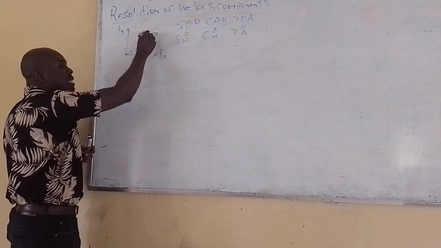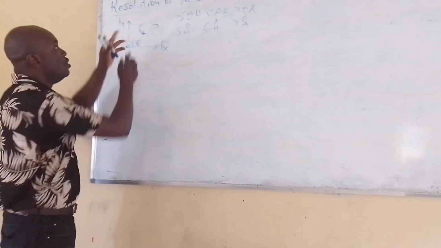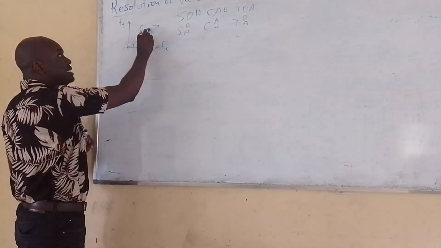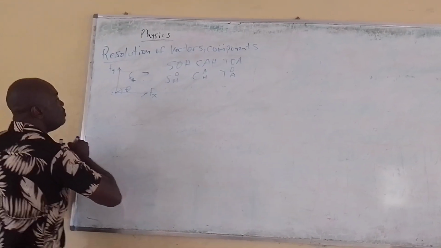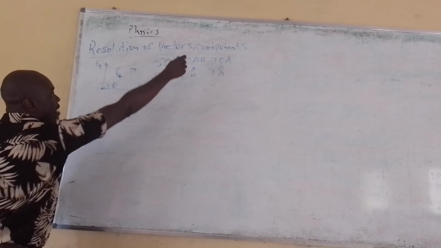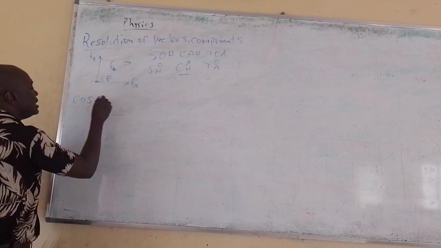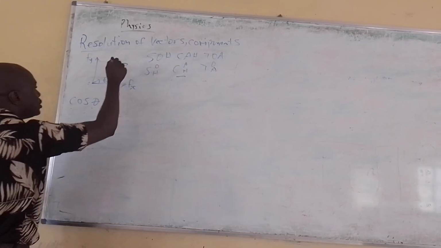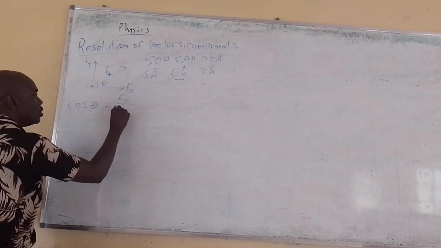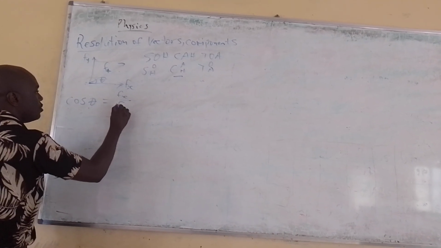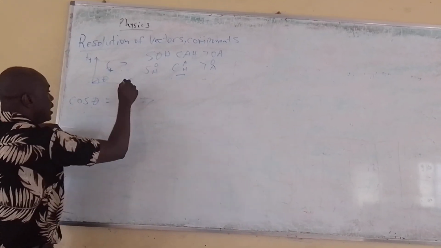Making these two to be in the same direction, I check among this acronym the one that will meet this and meet this one. You can check from what we have here. It is this one that will go, which is cos of theta. Cos is adjacent over hypotenuse. Which one is adjacent? F of s. F of s over hypotenuse, which is F of r. Okay? So having noted that, if you want to get your F of s,